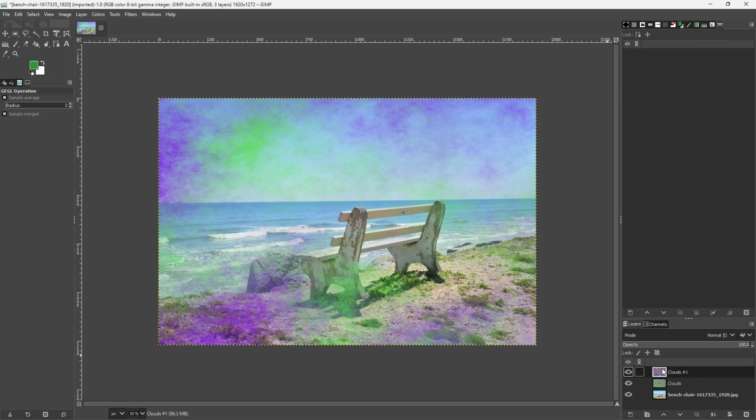So I can go over here and you can see that this is what you have right here. And then you can work with the opacity and so forth as this is applied in a separate layer. And that is how you can apply the fog effect inside of your images in GIMP. So I hope you guys learned something as